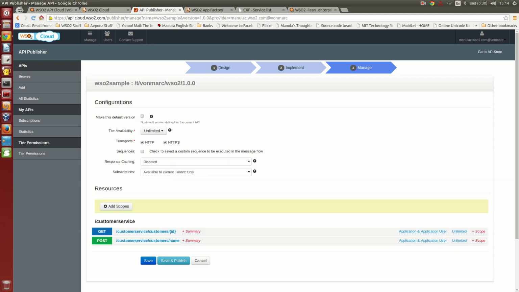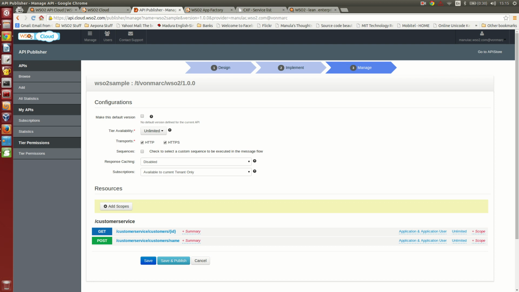So now we have configured the API management using the WSO2 API Cloud, and I can save it, or I can save and publish it. When you publish it, it goes to the API store, and users can subscribe to that API and get the access tokens and access the given API.